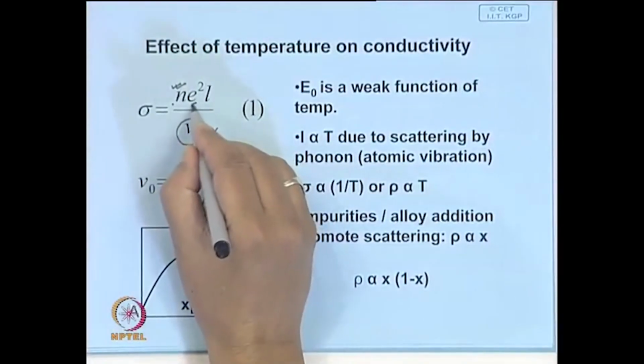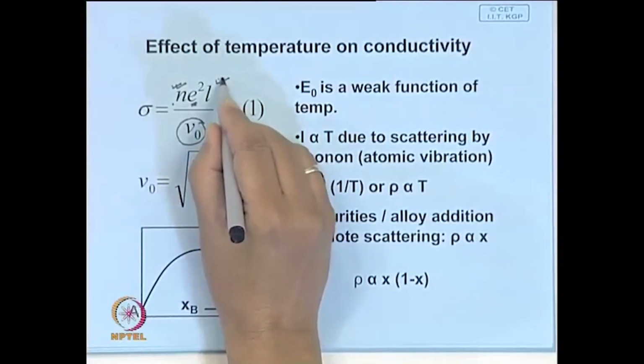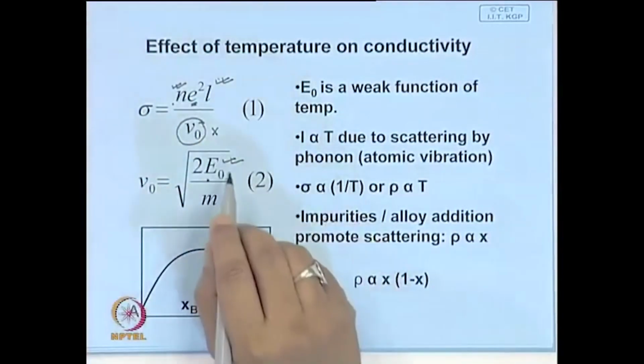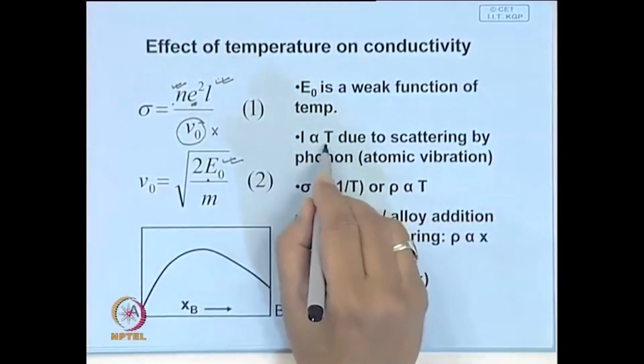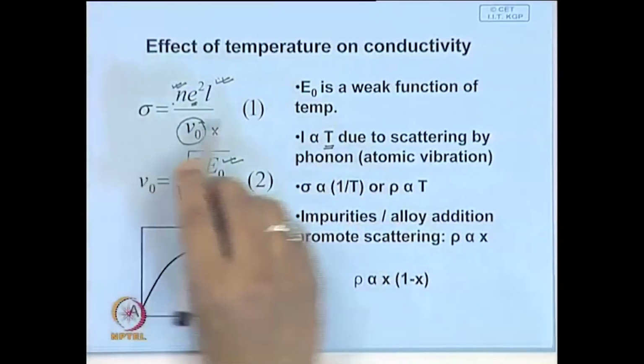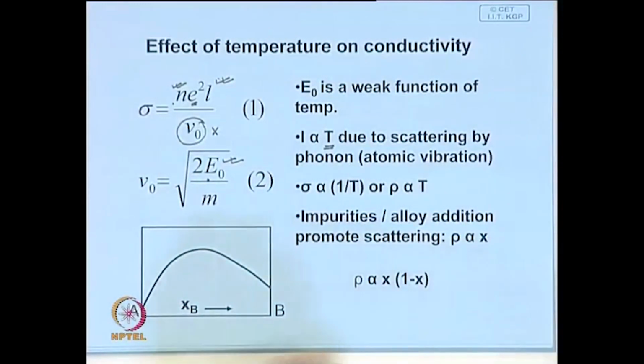This is constant. So, the only term which can change primarily is L. So, this is the mean free path can change. Now, this mean free path is proportional to temperature. Due to scattering, these electrons are scattered by, because you can assume that a crystal is made up of periodic